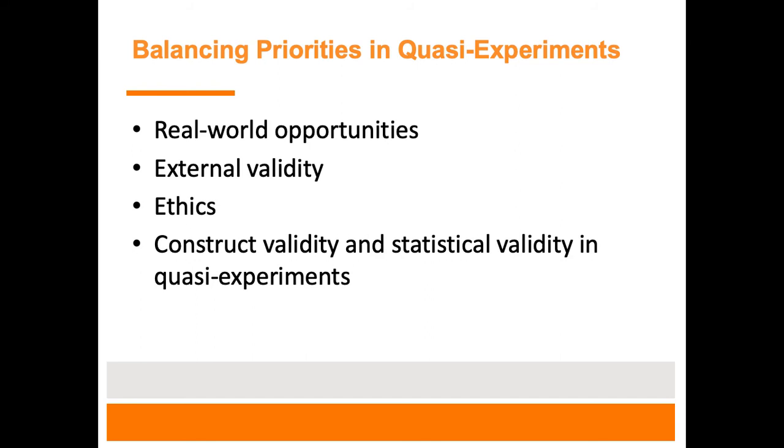Of course, the construct validity with these studies can be high because we're looking at the exact variable itself in its natural environment in a lot of cases, but the statistical validity may sometimes be difficult to show. If we're looking at slight changes in smaller groups of people, you may not have high significance or p less than 0.05, but it doesn't mean that these differences between these groups aren't meaningful. That being said, with some of these larger archival studies, you may have large data sets that give you statistically significant results that may or may not be practically significant or meaningful in the real world. So those large sample size studies can be just as troublesome.